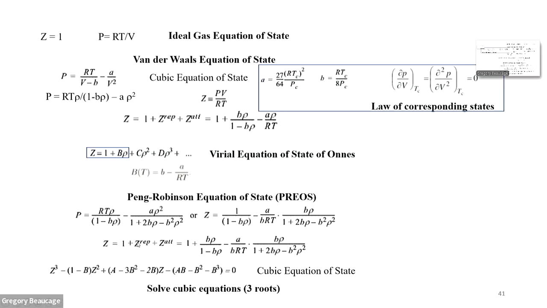And then these things, if you multiply by v squared and by v, you're going to end up with v cubed. So that's why it's a cubic equation of state. If you write it in terms of the z,